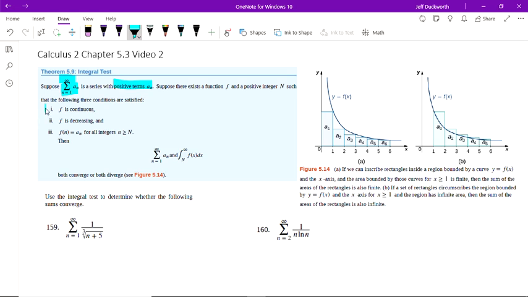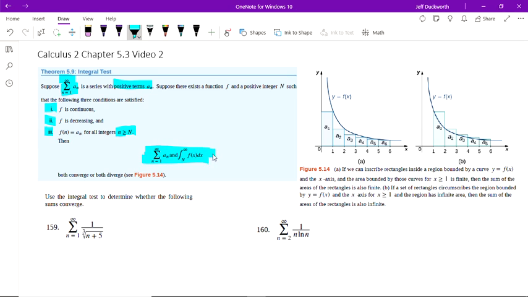So we have to know, number one, f is continuous. Number two, f is decreasing. And number three, f of n equals a_n for all integers after that point, capital N. So any little n value after capital N. Then this gives us